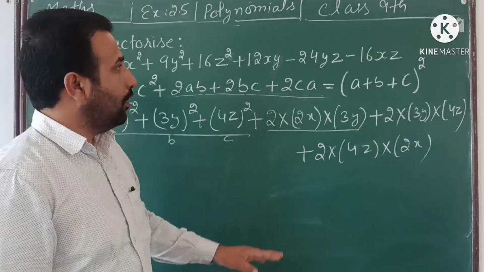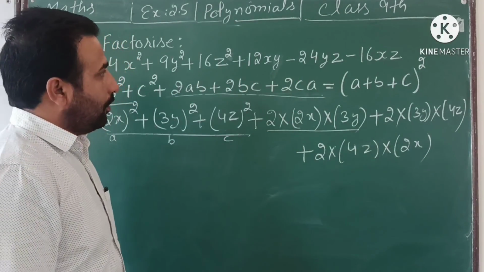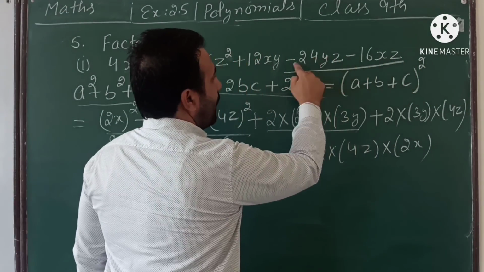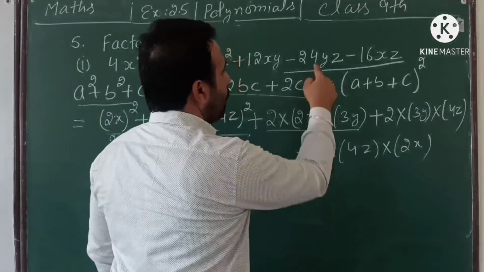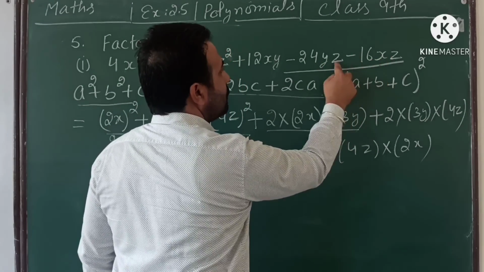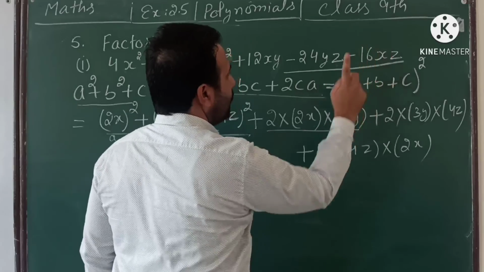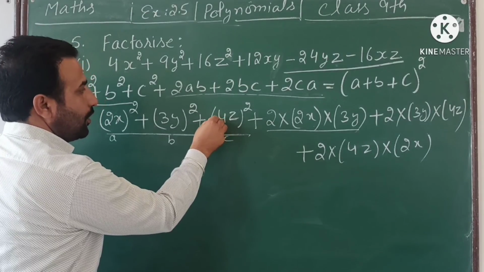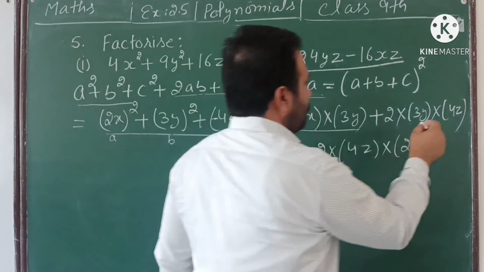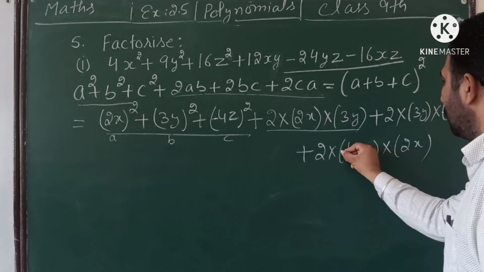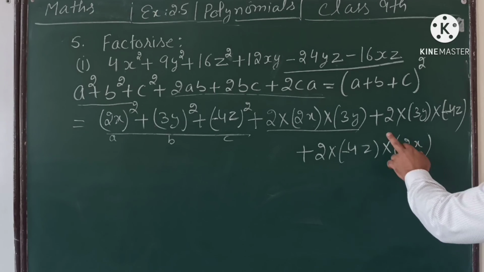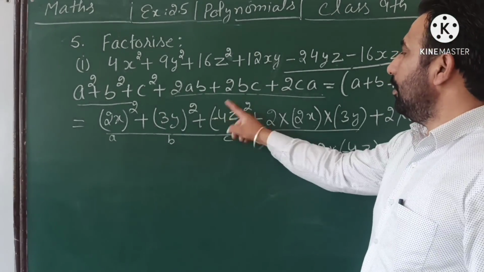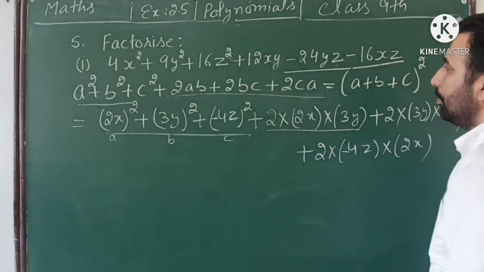Okay, students, look carefully. These two terms are negative. It means one variable is negative. Which variable is common? Z. Z is in this one and here. It means Z is a negative number. So we will put a negative sign with the Z term. Okay, so this one also Z, and this one also Z. Okay, so now we can check plus minus, minus, plus minus, minus. Okay, if we multiply the negative terms, it will be positive.